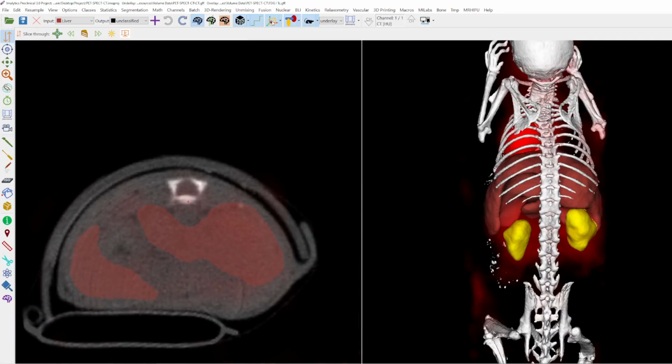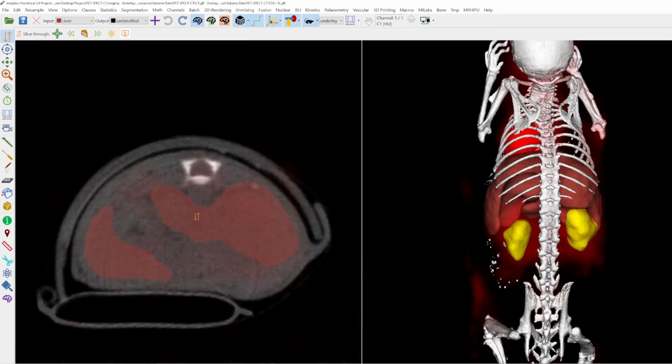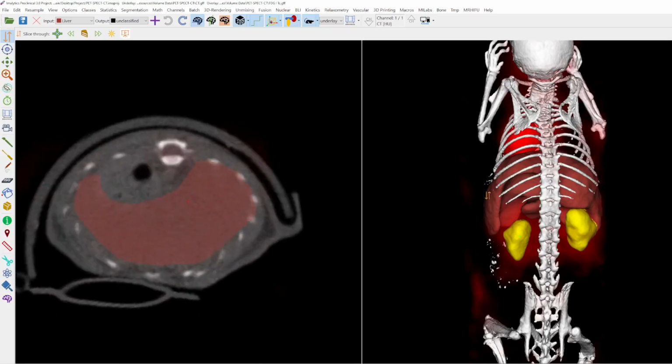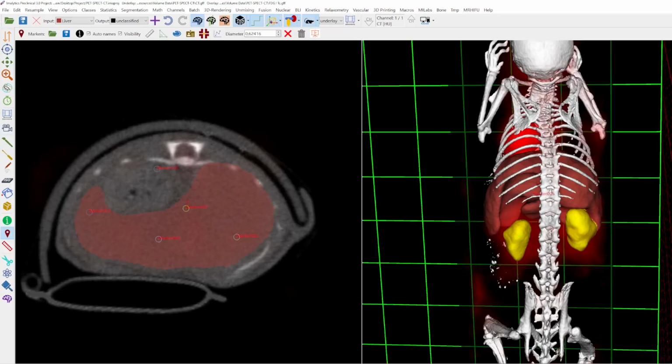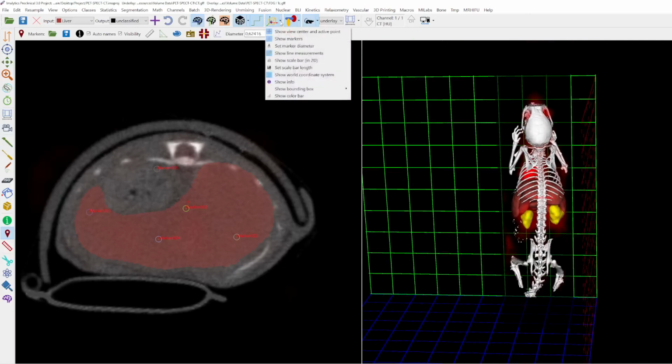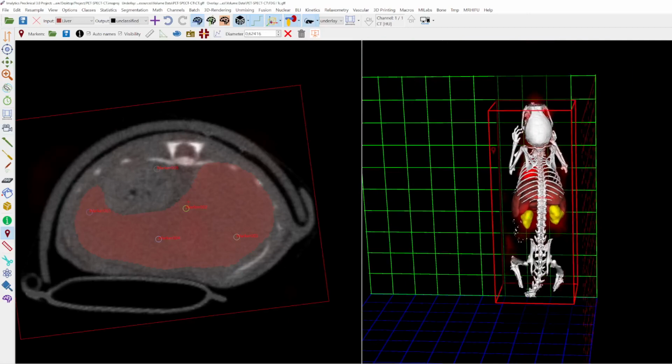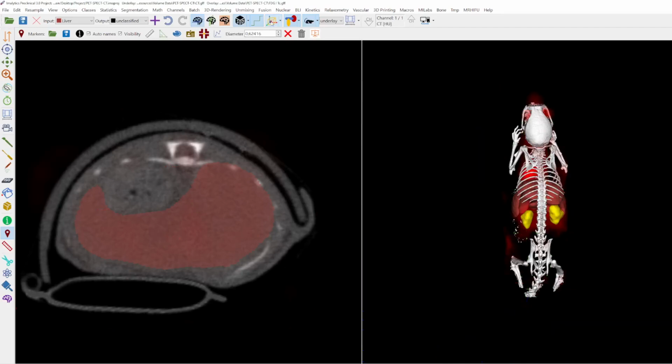Next one toggles the symbolic rendering. So now what you can see here is my red crosshair. And I can also place some markers. They will be shown here under symbolic rendering, and when I turn them off, there will be no crosshair, no markers. I can also show the world coordinate system here in 3D, or the bounding boxes for the underlay and overlay. But for the rest of the video, I will just turn off the symbolic rendering.